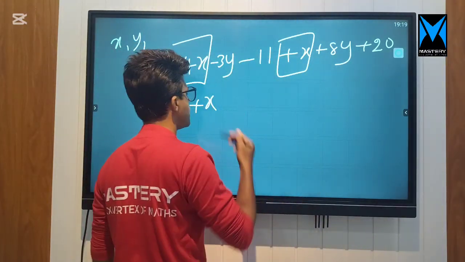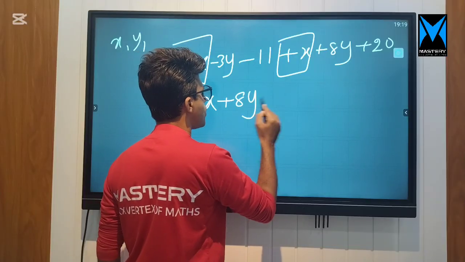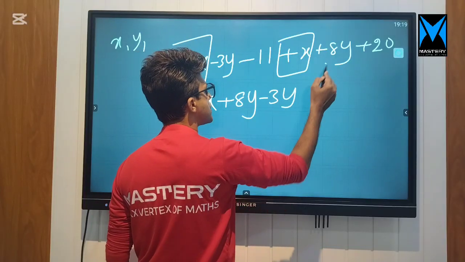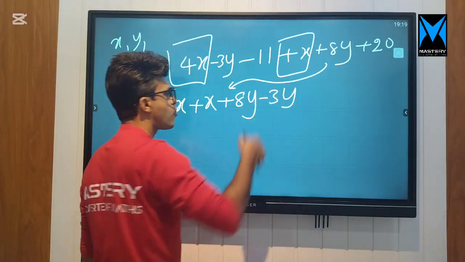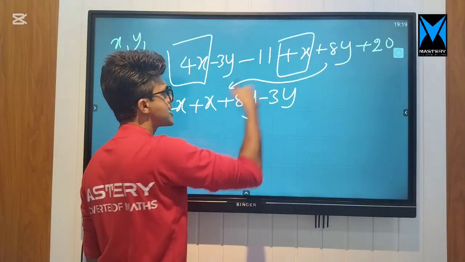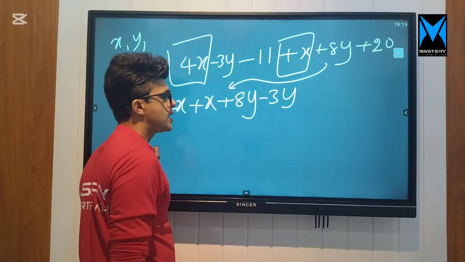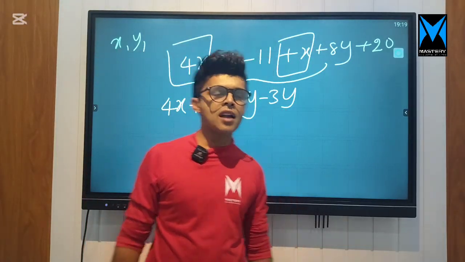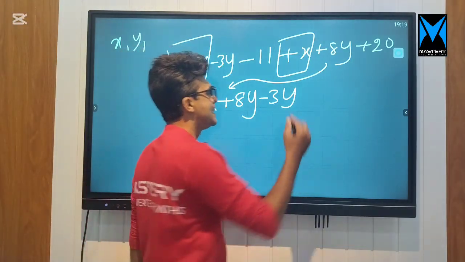Here you could subtract 3y from plus 8y. Then I have to write first 8y here, after that minus 3y. The same thing is done for the digits as well,